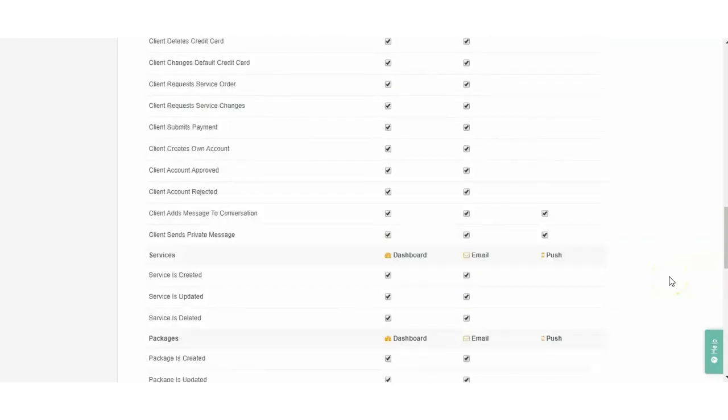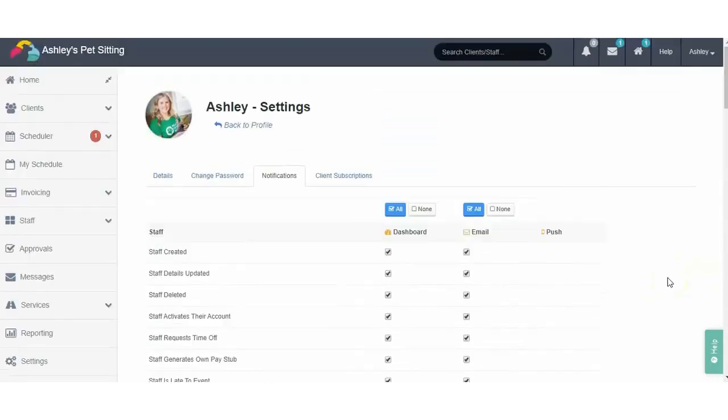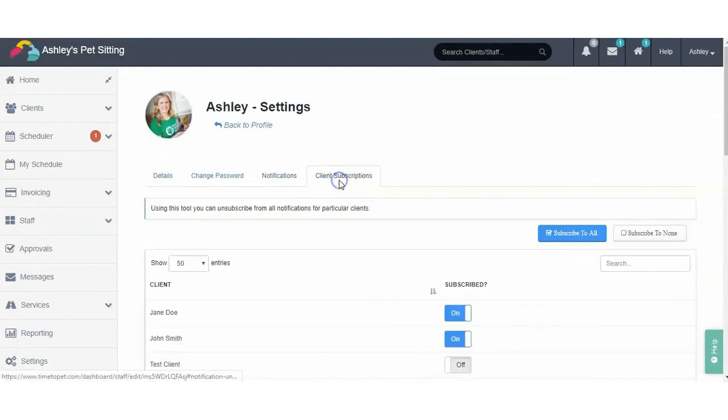The next section in a staff member's settings is Client Subscriptions. Here you can manually unsubscribe or resubscribe a staff member to particular clients. By default, admins and office managers are subscribed to all clients, and staff are subscribed to clients they are scheduled for and/or clients they are a preferred sitter for based on your settings for Staff Receive Notifications For in the Notifications section